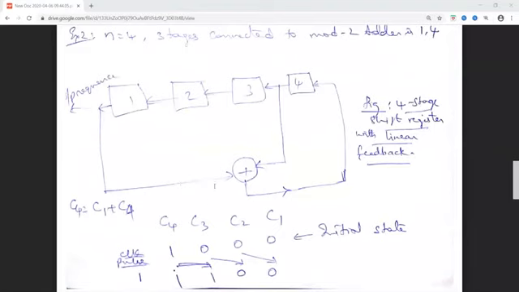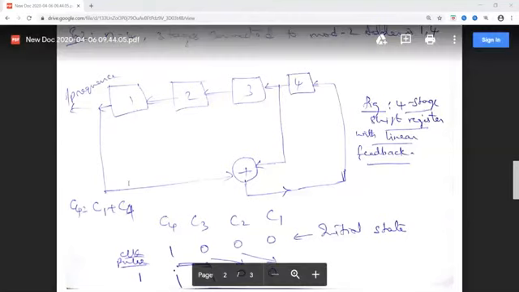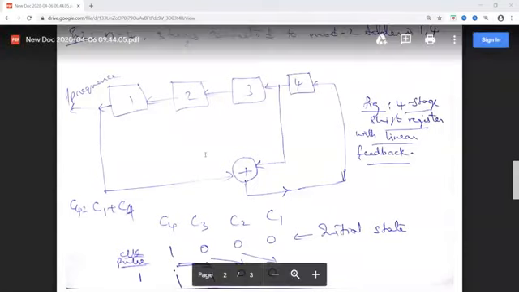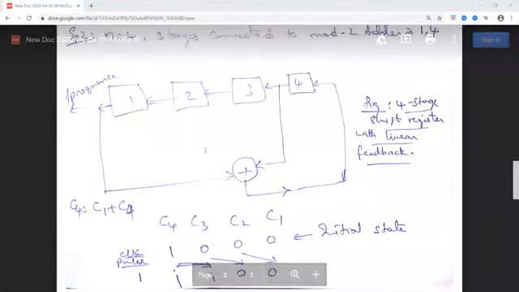Okay. So I have connected 4 here and 1 here to a mod 2 adder. The output of this I have to feed it here. This is as per that table in your material. So the circuit that I have done here is correct: a 4-stage shift register with linear feedback. Okay, you can refer to the table.